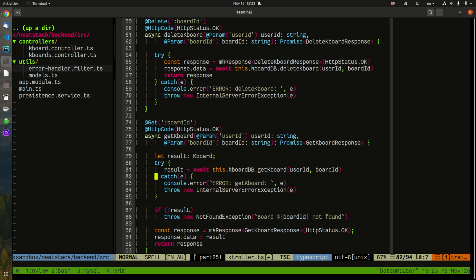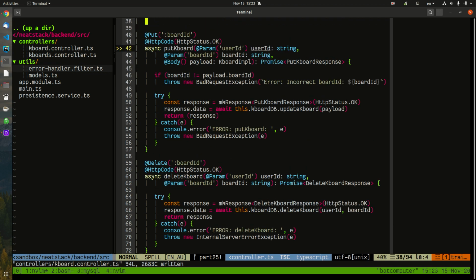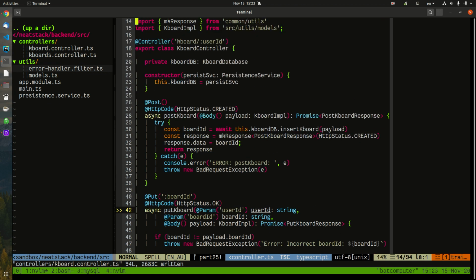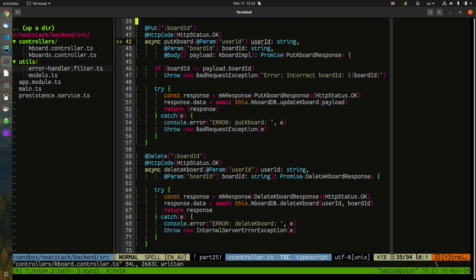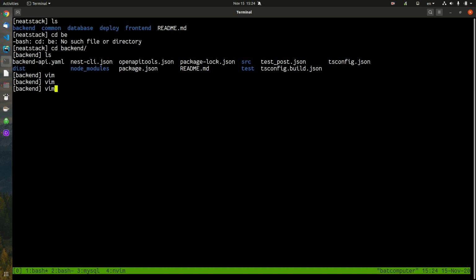So this is good. We get keyboard, we can get internal exception. Okay. Right. So now we are actually done. We have set up all our handlers to throw appropriate error messages instead of just returning a rejected promise or whatever. And all the errors will be standardized in this filter. Okay. So one last thing before we end today's episode is we will go ahead and add all this into our backend API